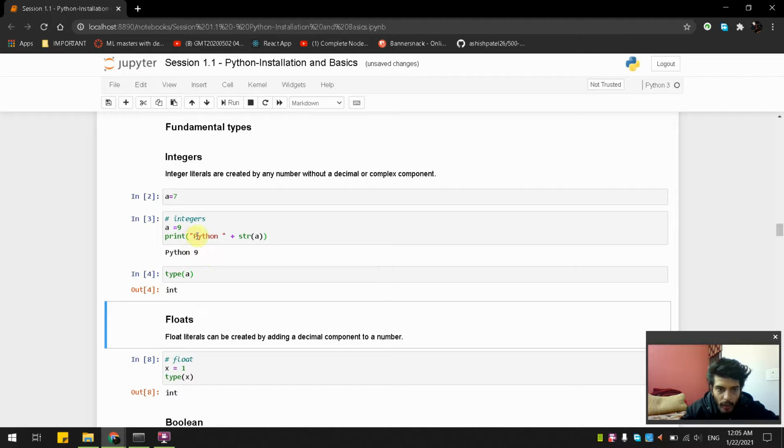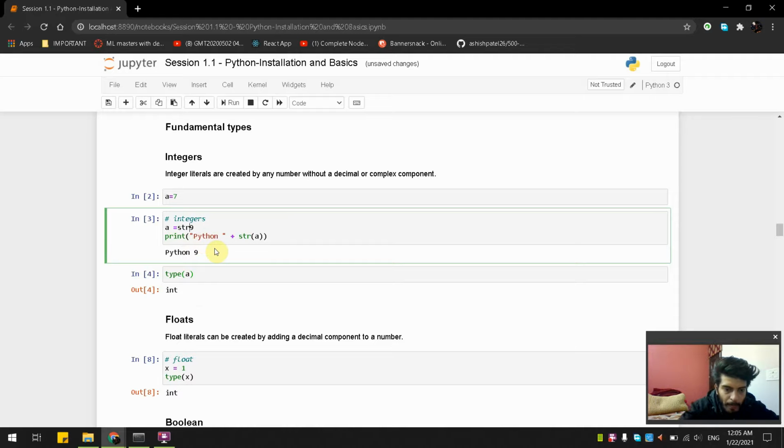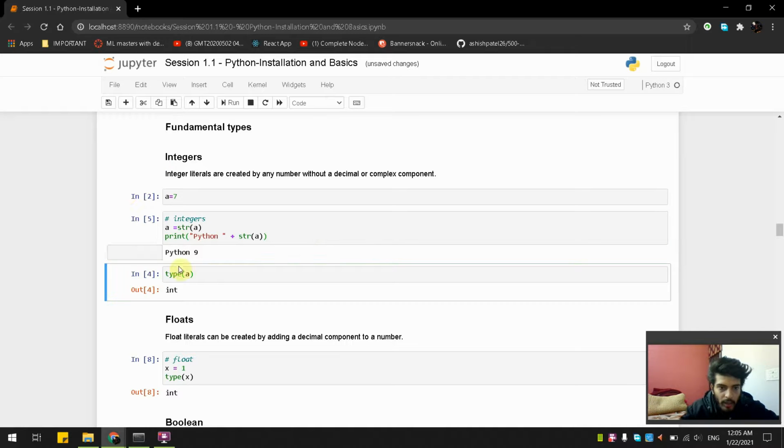But when we changed it to a string, if I do something like this, it will change into a string. Now a has a data type of string.